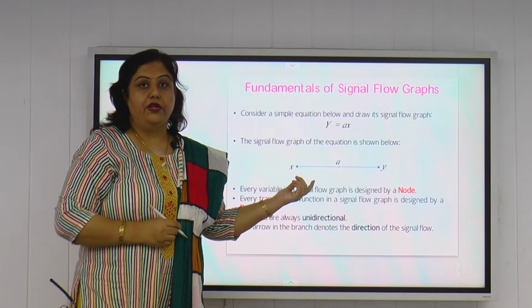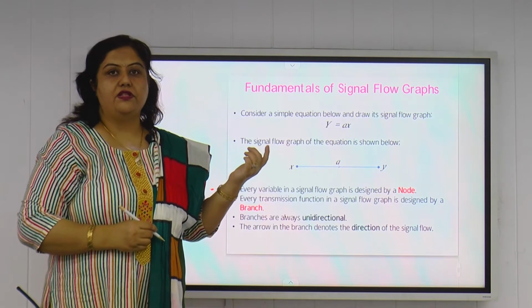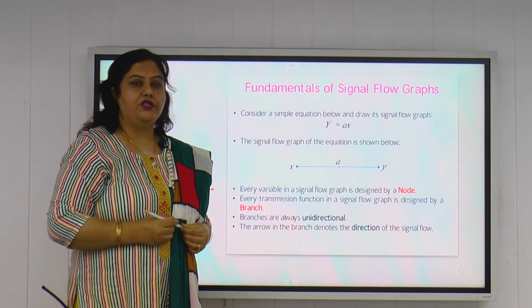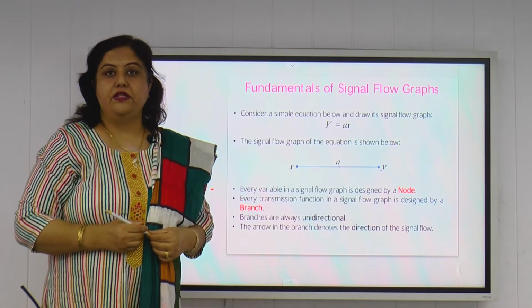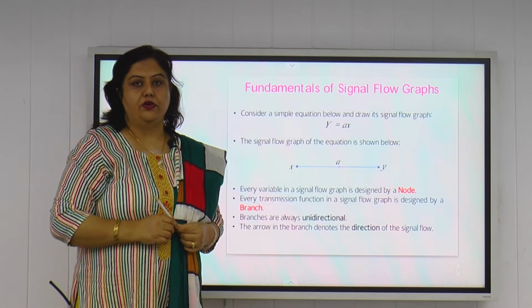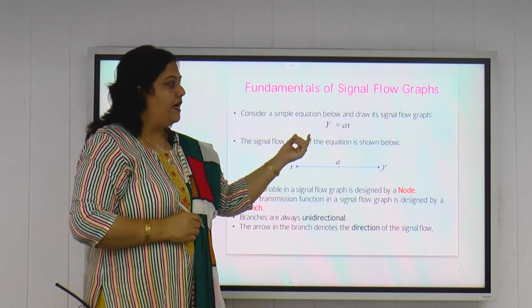As we have already discussed in the last lecture, the transfer function is the ratio of the Laplace transform of output to the Laplace transform of input, provided all initial conditions are equal to 0. And the transfer function approach, or we can say the Laplace transform approach, is the easiest method to find the dynamic response of any control system.